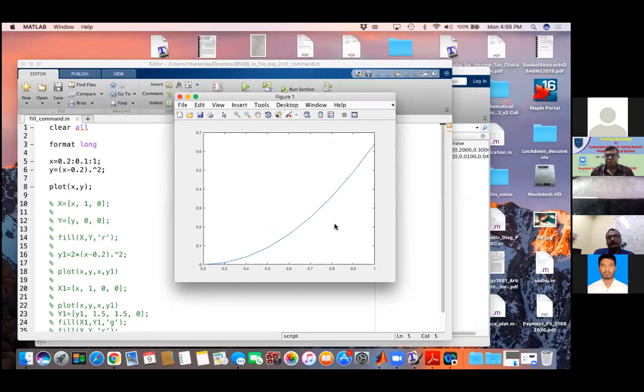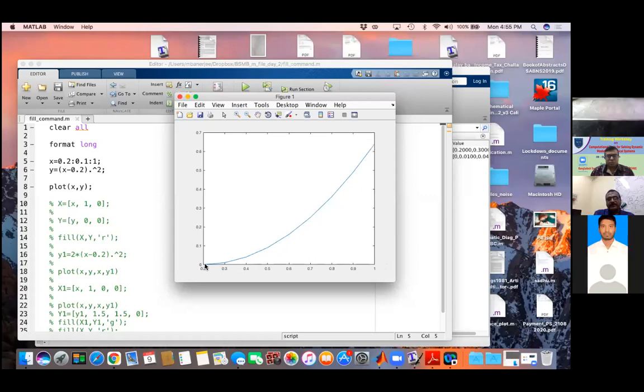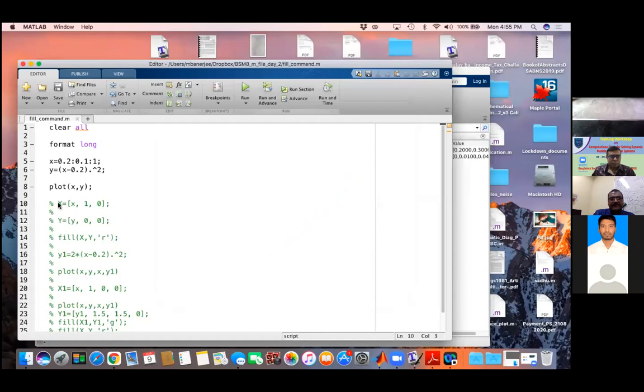Okay. So now I'm going to show you how I can fill this particular area. In order to fill this area, I need the coordinate of this point, then connect with this point, and then connect with this point. For that purpose, I can create a vector capital X, which consists of these points, additionally 1 and 0, and accordingly capital Y as y, 0, 0. So apart from this curve X and Y, I am incorporating the points (1, 0) and (0, 0). Or alternatively, you can think of it as considering up to, say, point 2. Instead of that, you can ultimately consider point 2 also, and then use this particular command,